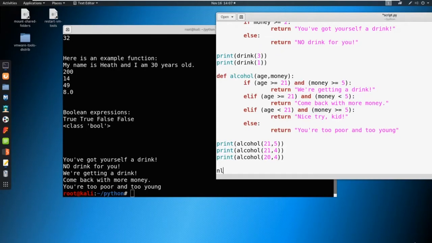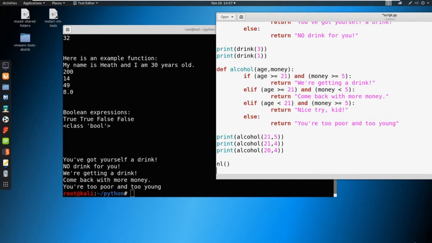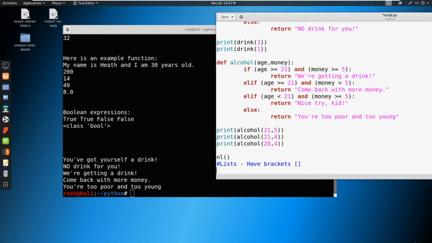So let's make a new line, and let's go ahead and just do something along the lines of lists. And we could just say something like have brackets, like this. Okay, so let's go ahead and make a list, and then we can kind of go from there. So let's define a list of your favorite movies. Now you could put in whatever favorite movies you like in here, and I'm going to put in something like